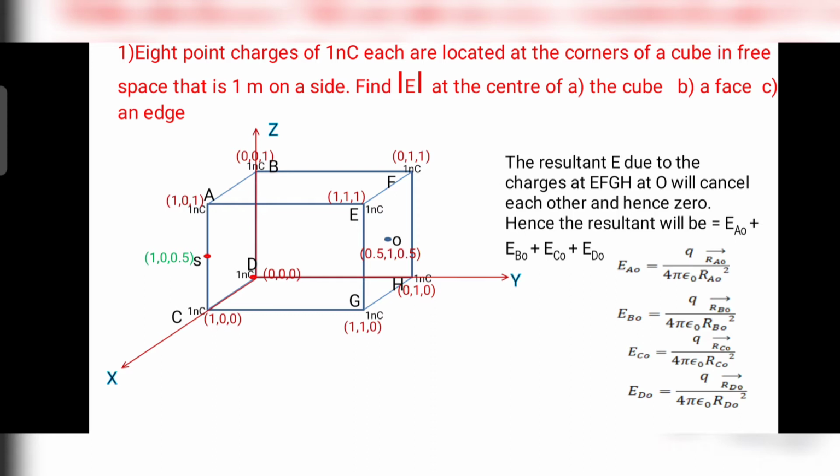Here I have drawn the cube by considering the 3 axes X, Y and Z, and also located all the 8 corners A, B, C, D, E, F, G and H, with the corresponding points, A as 1, 0, 1, B as 0, 0, 1, and so on. Depending upon the placement of that particular edge, we have to allot the coordinates corresponding to x, y and z respectively.